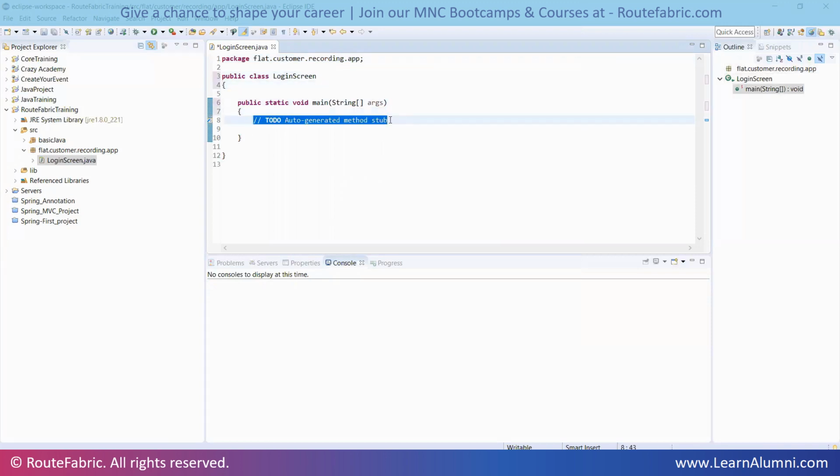So make sure you understand the things very, very properly. Okay, so now in the main function, what we will be doing is we will always be calling the object. That's it. Nothing else we will be doing. We need to call this so that our application starts. We will be calling this particular class constructor so that it gets created and started up.